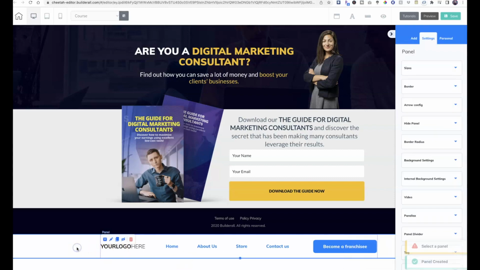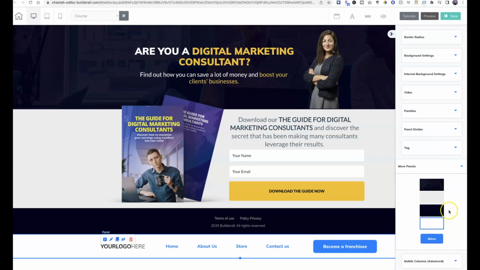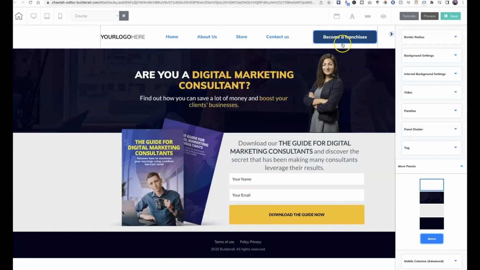Okay, great. So now you'll see that the panel's down here. I want to drag it up here. I'm going to right click over here so that my cursor is on this panel, and you'll see that right here it says panel. So all I have to do is move this panel up. You see? So now it shows me that the panel's down here, and I want to move it all the way to the top. So click on move, and now this is starting to kind of look like a legit